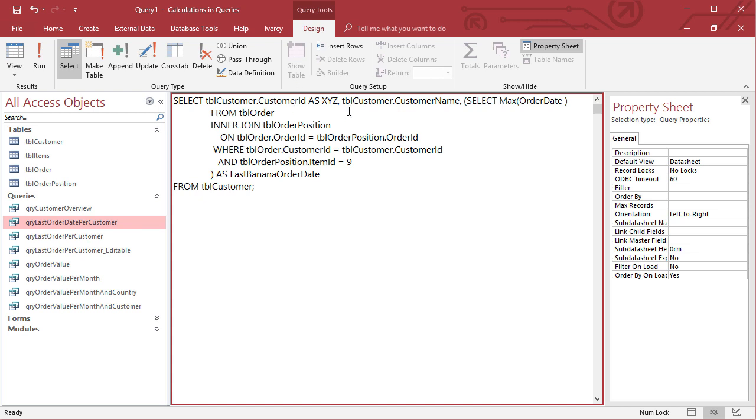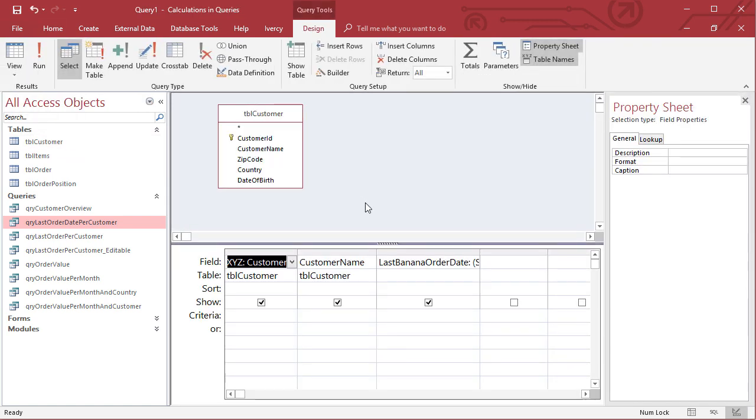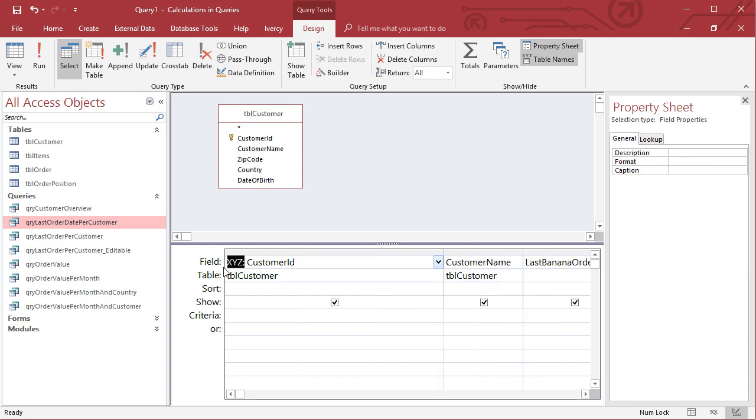Just define an alias here. I'm going to talk about aliases in a minute. And now you can run this query, and you see I've renamed that column, and you can switch back to the graphical design view, and this is reflected here as well. So this is always a